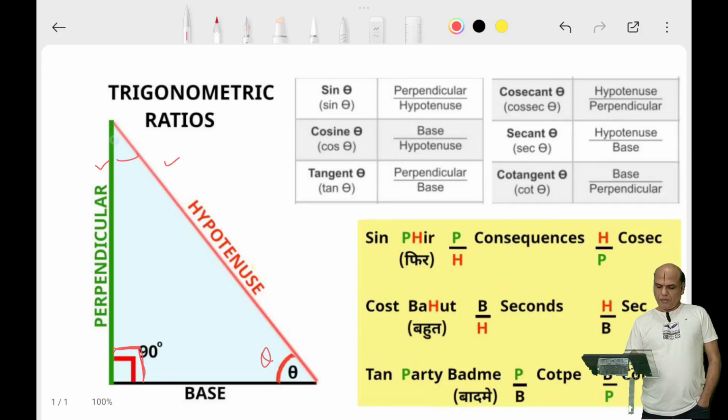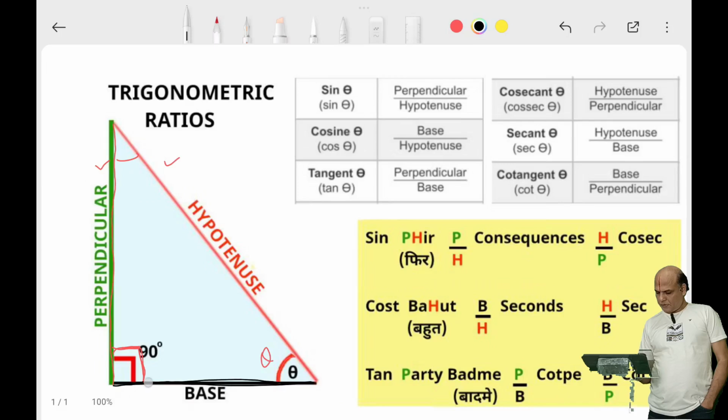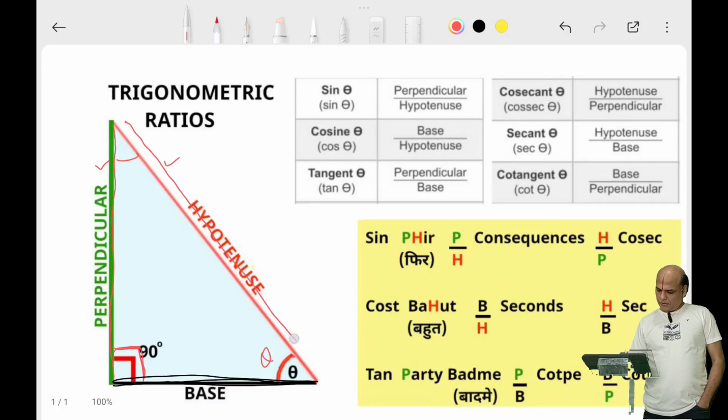That is, if we are calling this side as perpendicular, this side as base, and this side as hypotenuse, the ratio of any two sides for a given angle theta is constant. Okay, therefore